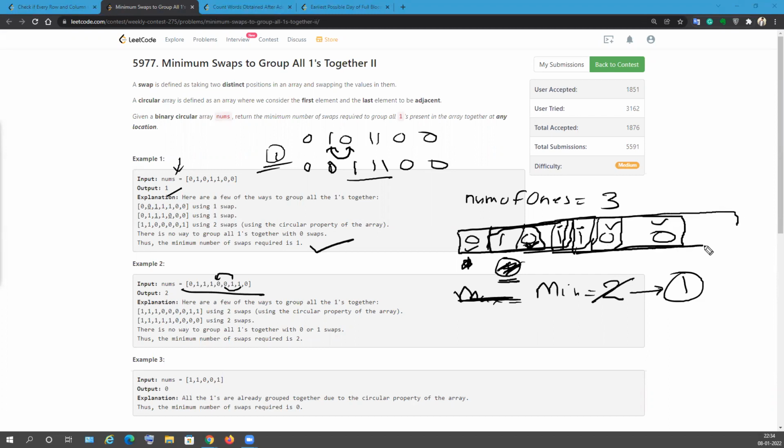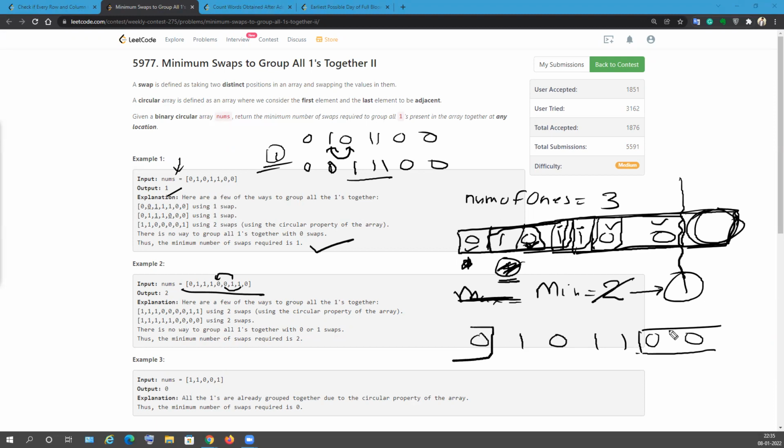So when we slide and our window will exceed the end of the array, what we will do is use the fact that this is our circular array. So this particular box will come here. I will explain what will happen. So this is 0, 1, 0, 1, 1, 0, 0. So this is like this.